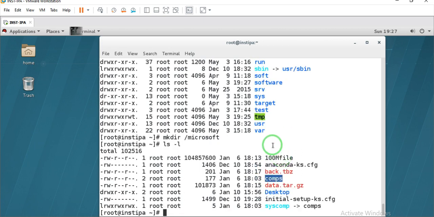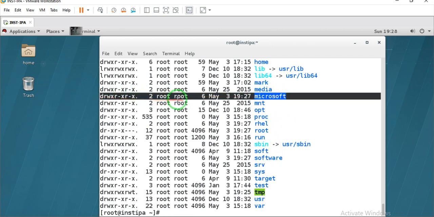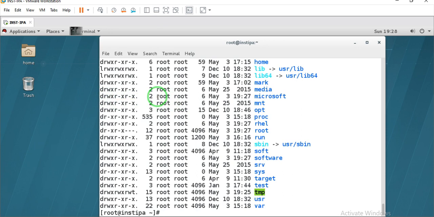Now if you do ls -l on slash, you can see that Microsoft has been created, but currently Microsoft has the owner root and the group is also root. Now the same goes to rel directory. Root is the owner and root is the group currently, and the permission is